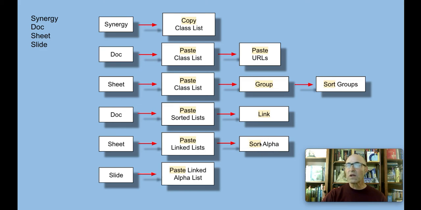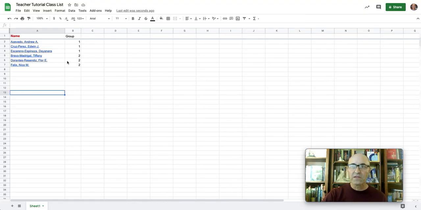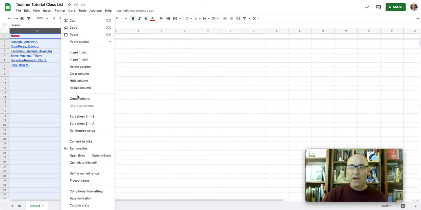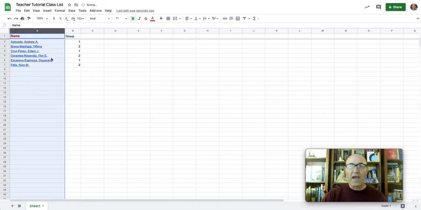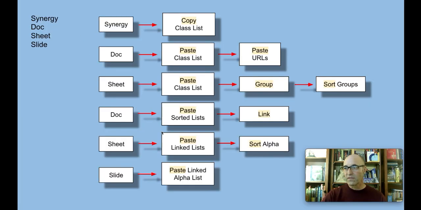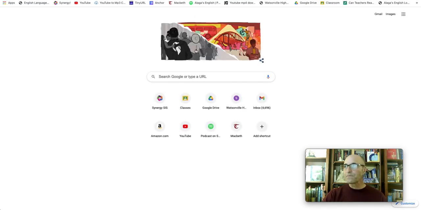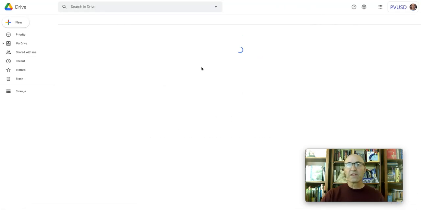Now I want to sort it back to alphabetical. So remember, this is listed by the groups. So I go to this column, I sort that column, and now I have an alphabetical list of names. So that leaves me right here. I sorted to alpha. So my last step is to paste that list into my slide, okay, into my Google slide. So if you haven't already set this up, I'm going to show you